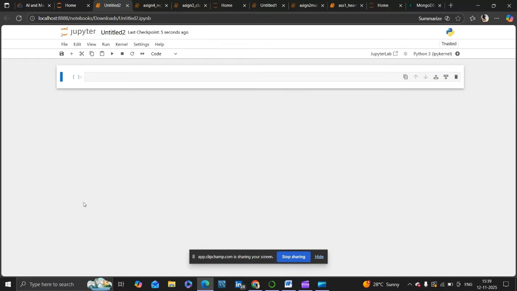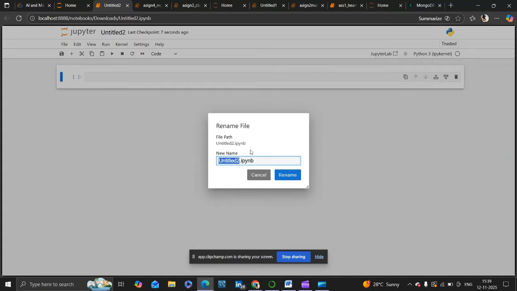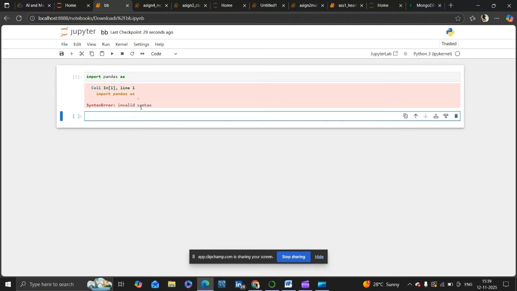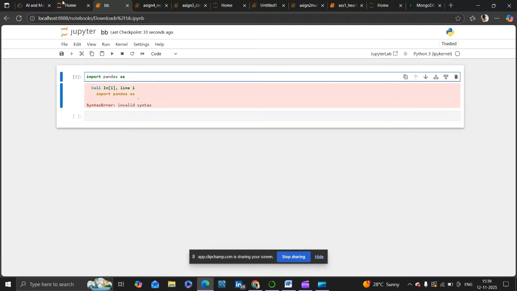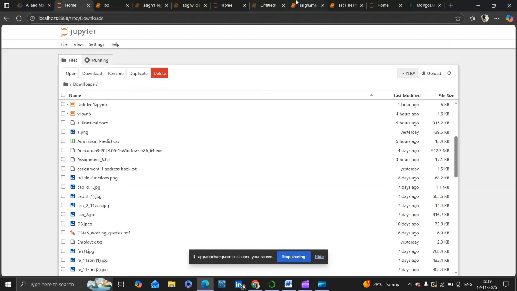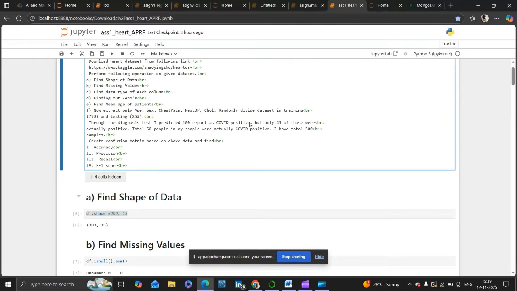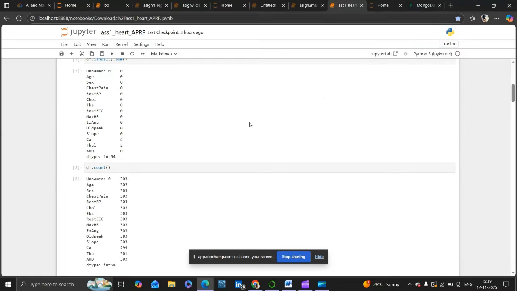Here we are, open with the new notebook. We can rename it from here. Now we have renamed it. To type any command, like import pandas, and so on, to run it we have to press shift enter. So for beginning our first practical, I'll show you directly. Basic steps are similar to open the file. So this is the code for it. I have run it already.